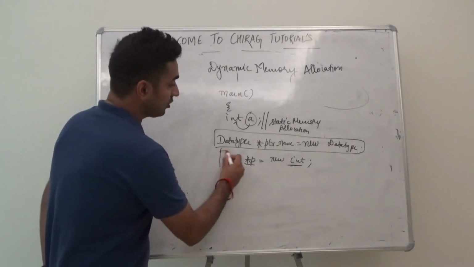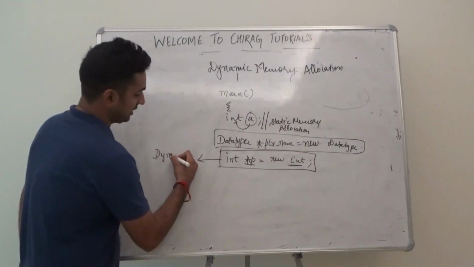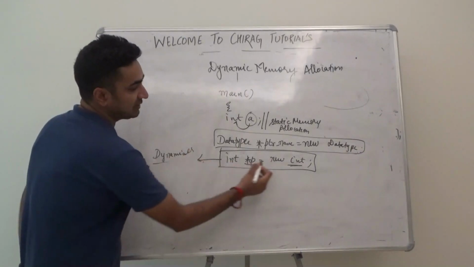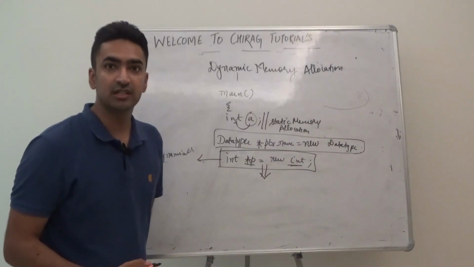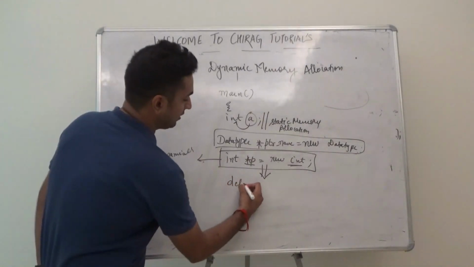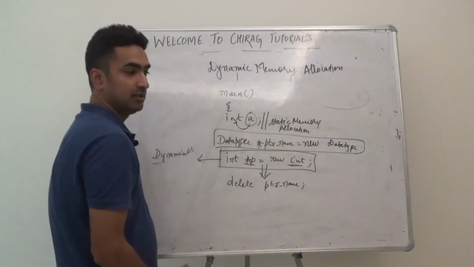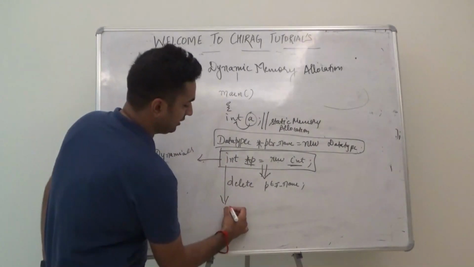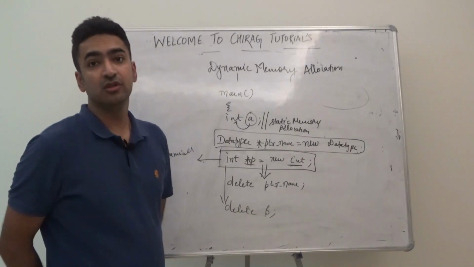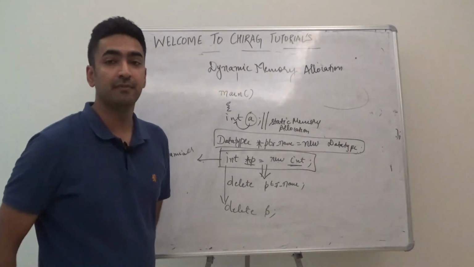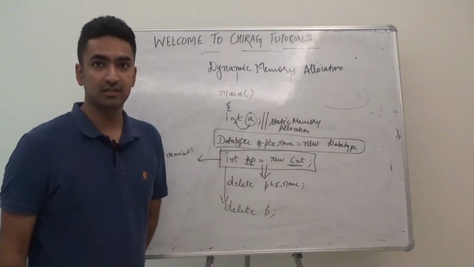So this is also a way to declare a variable, but this variable declaration is done dynamically, and if the memory is allocated, it needs to be deallocated. Deallocation is done using the delete operator, delete and the pointer variable name. So over here the memory is deallocated using delete followed by p. This is known as allocation with new and deallocation with delete.